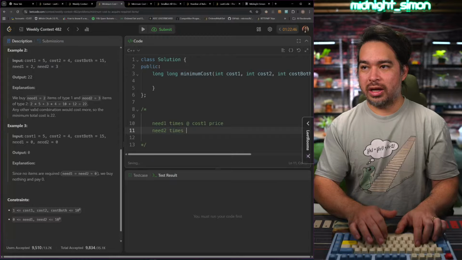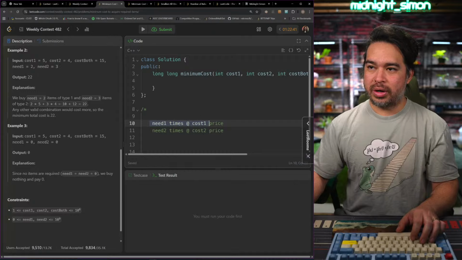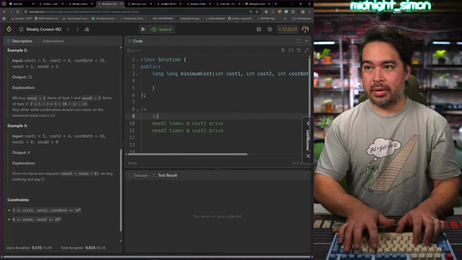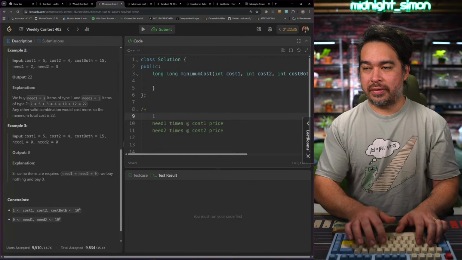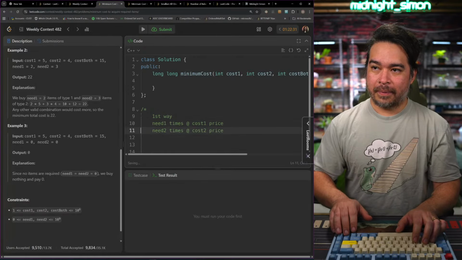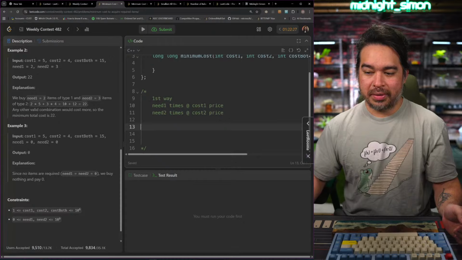Need 2 times at cost 2 price. So this is one way to get the requirements. I'll call it first way. What's another way? A second way would be